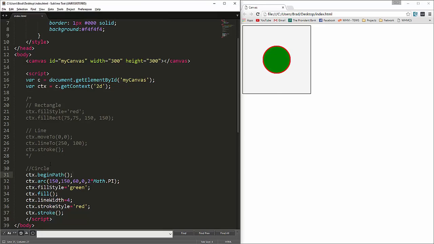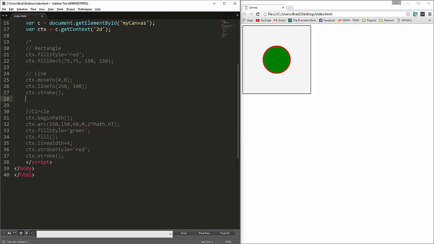All right, now we're not limited to just lines and shapes. We can also do text. So let's go ahead and say ctx.font. We can actually set the font. Okay, we're going to set that equal to, we'll say 50 pixels Arial. And let's set the stroke style, which would basically be the color of the font. So strokeStyle equals red,